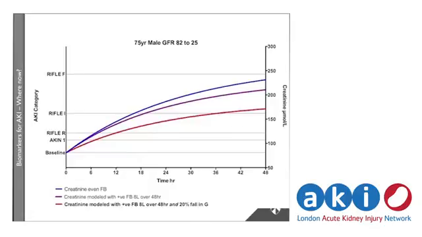Officially you should do because the GFR has fallen to under a third of what it is. But that won't actually happen for many days because the rate of rise is relatively slow. But what you can see is if you superimpose a positive fluid balance to cause a degree of creatinine dilution, that has a small effect, not as big as suggested in some papers actually, but changes in muscle mass and creatinine production of only a 20% decrease, and it may be much more, really blunt the rate of rise of your serum creatinine.